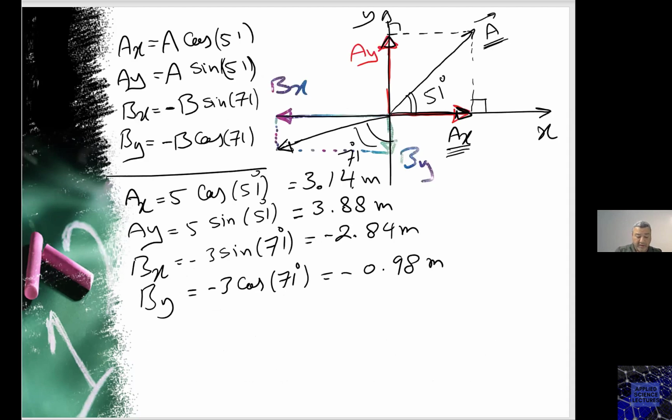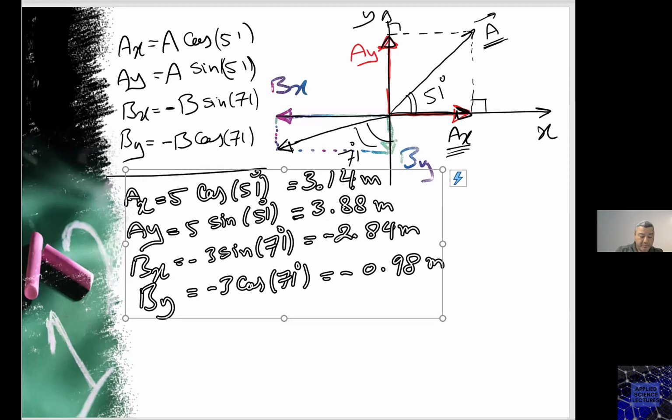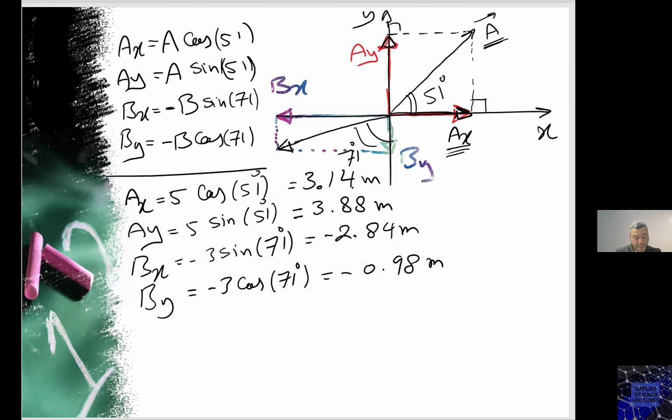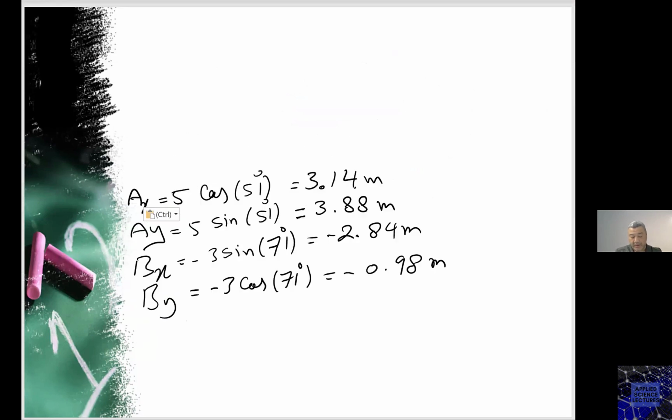If I go back to that question where I calculated those values, and I got those values, then I can say that Rx is indeed AX plus BX, and this equals 3.14 plus or minus 2.84,